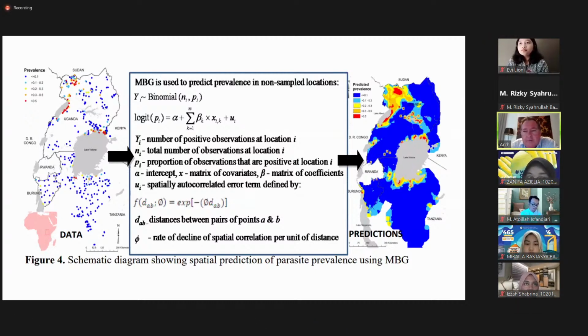But most importantly for risk mapping, implementation of Bayesian analysis using Monte Carlo simulation methods enables us to fully characterize the uncertainties associated with our spatial predictions. So the whole concept is very similar. So you have